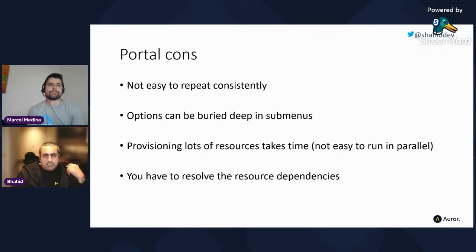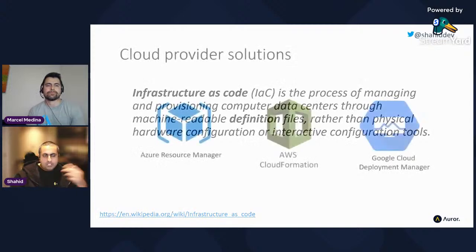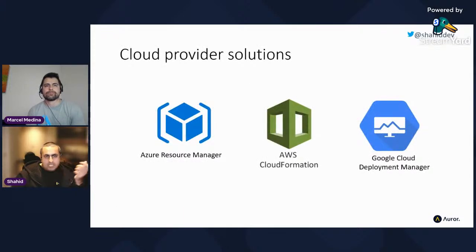So with that in mind, there are other ways of doing this, and a concept or term that's probably quite familiar now is something called infrastructure as code. I'm not going to read the whole definition here, but essentially what it's saying is we have machine readable files that we can specify what we want, and then the machine can read them. We'll come back to this term a little bit later because I have some issues with it. But so how does this look when we talk about the cloud providers? Well, natively, most of the cloud providers have something that allows you to do this. So in Azure, we have Azure Resource Manager.